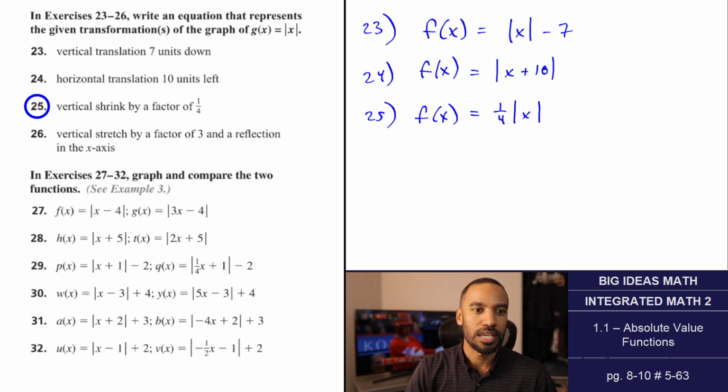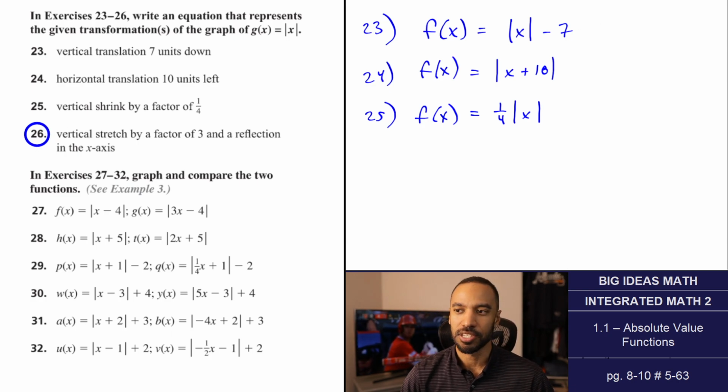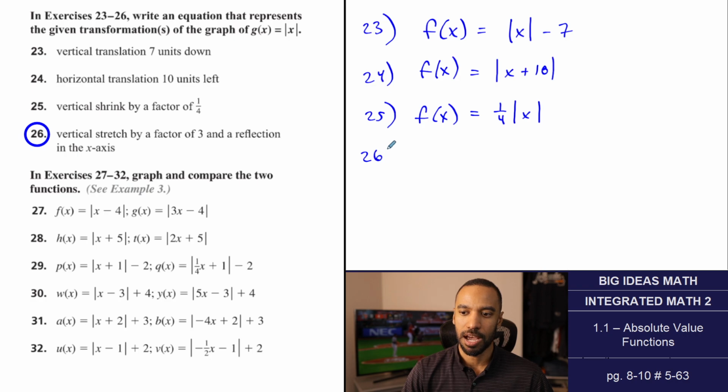And last one, 26, vertical stretch by a factor of 3 and a reflection in the x-axis. I say reflect over the x-axis. It's the same concept. The a is negative, so we're going to say f of x equals negative